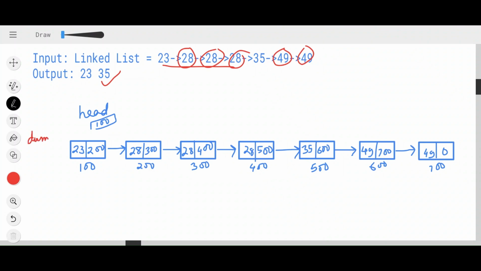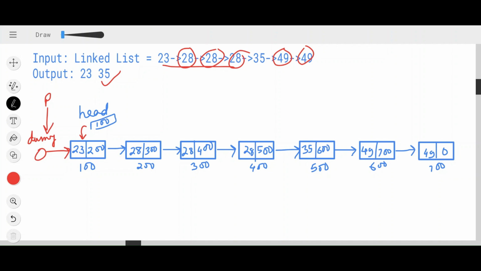What I'll do is take a dummy node, and this dummy node will point to the head node. My head node is now pointing here, and we will take another pointer P, which is the previous pointer. It takes care of your previous node, and it will be used while breaking the bond and then establishing a new link. So your previous is pointing to your dummy node.